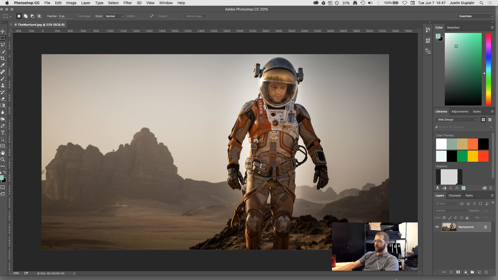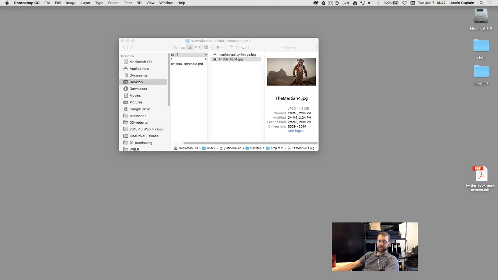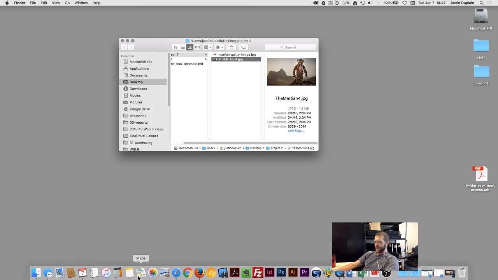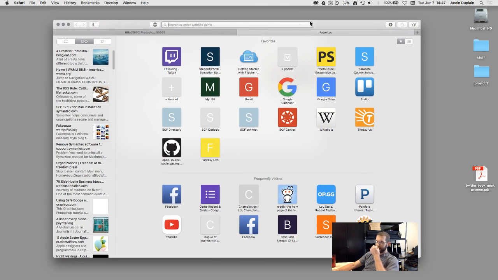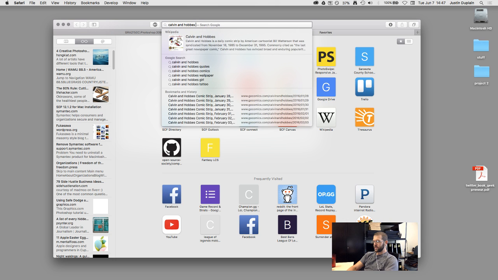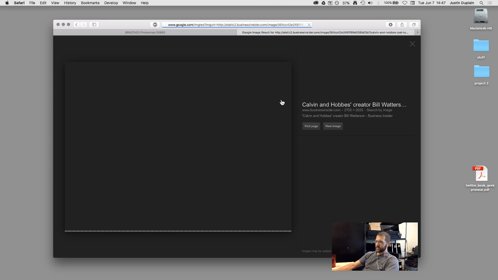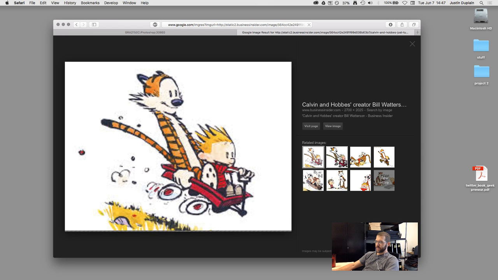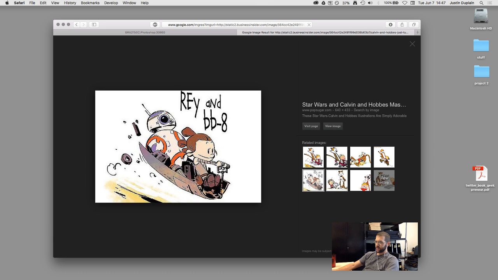What I decided I wanted to do was, when I was growing up, I was a big fan of Calvin and Hobbes. So what I think I want to do with this image is give it a treatment like Calvin and Hobbes. So if you don't know Calvin and Hobbes, it is a comic strip, okay? And it's all about this boy and his pet tiger, right? The kid is really smart,